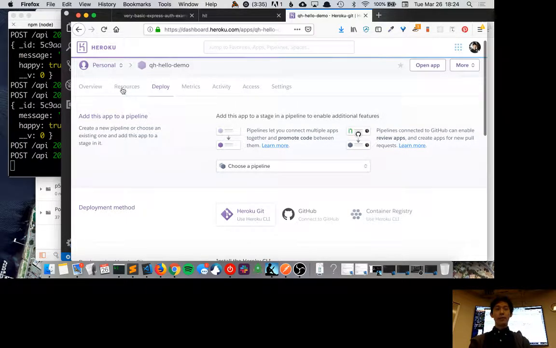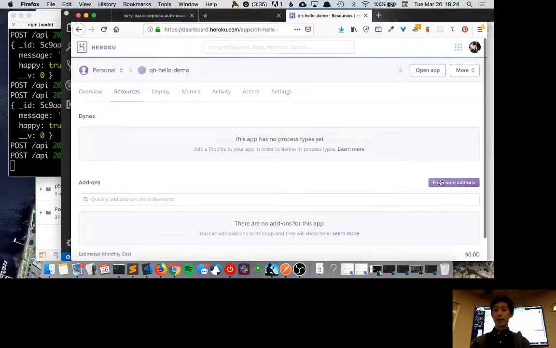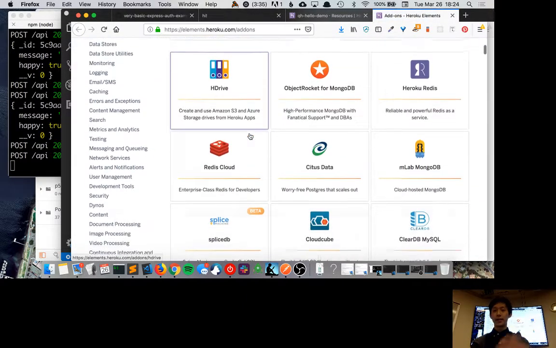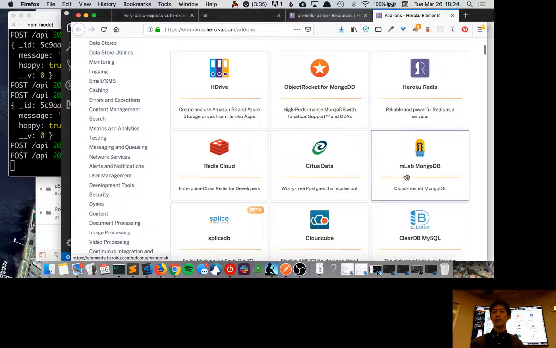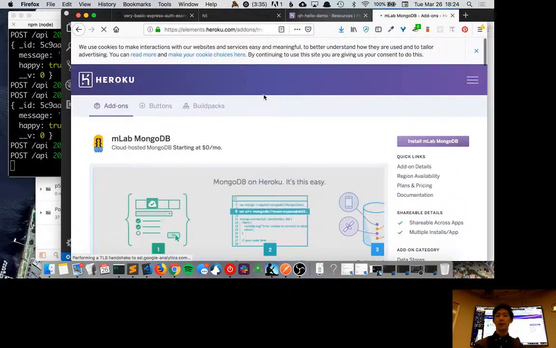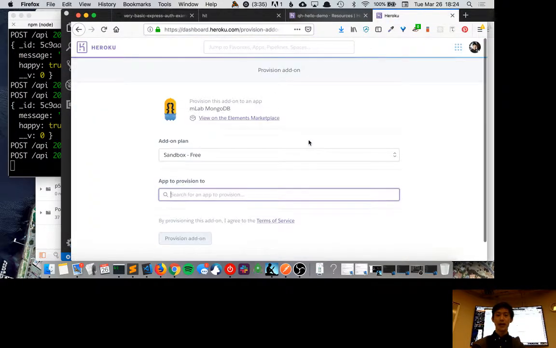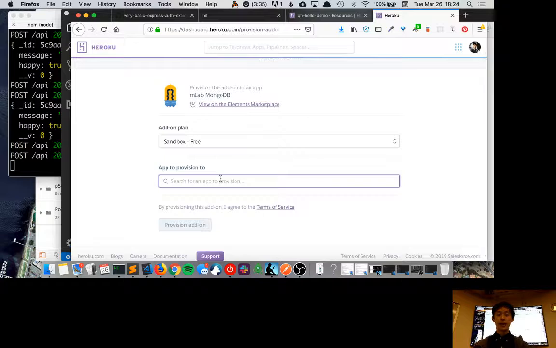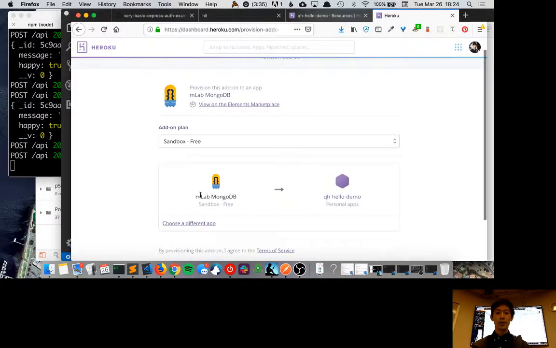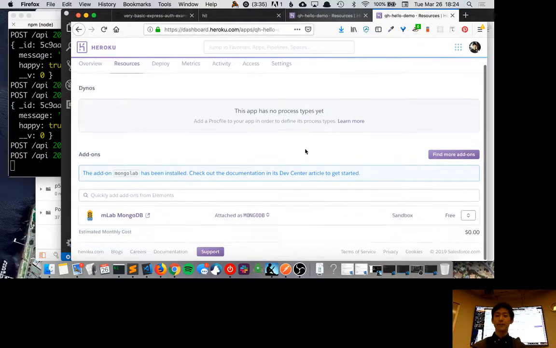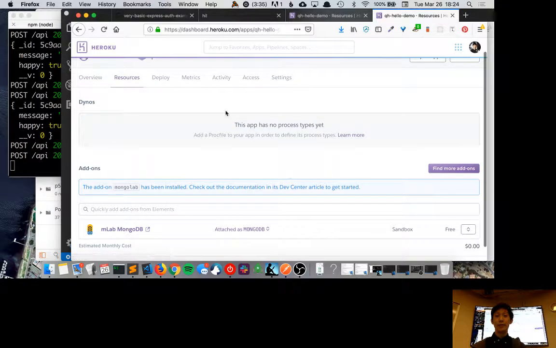And what we're going to do is go to resources, and go to find more add-ons. Here we have all these third-party services, but what we really want is mLab, which is for MongoDB. We're going to say install mLab MongoDB, and it's going to ask us where we want to put it. We're going to do this QH hello demo, and provision the add-on. So all this database stuff lives in this other service, and now we've got MongoDB accessible